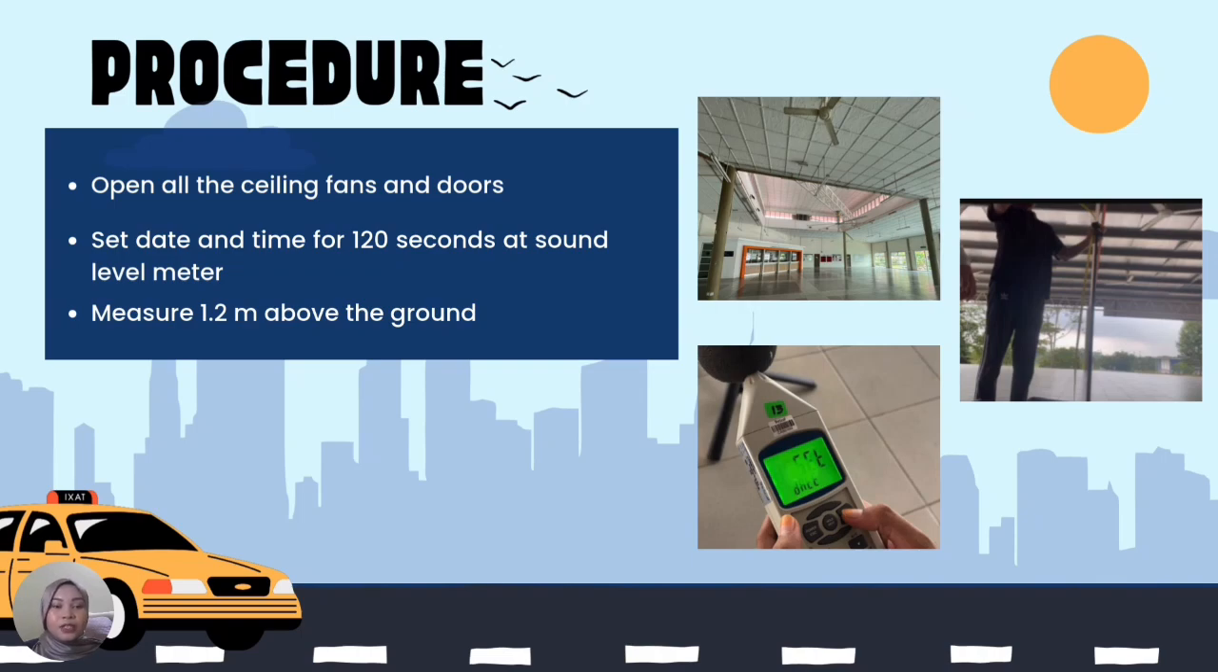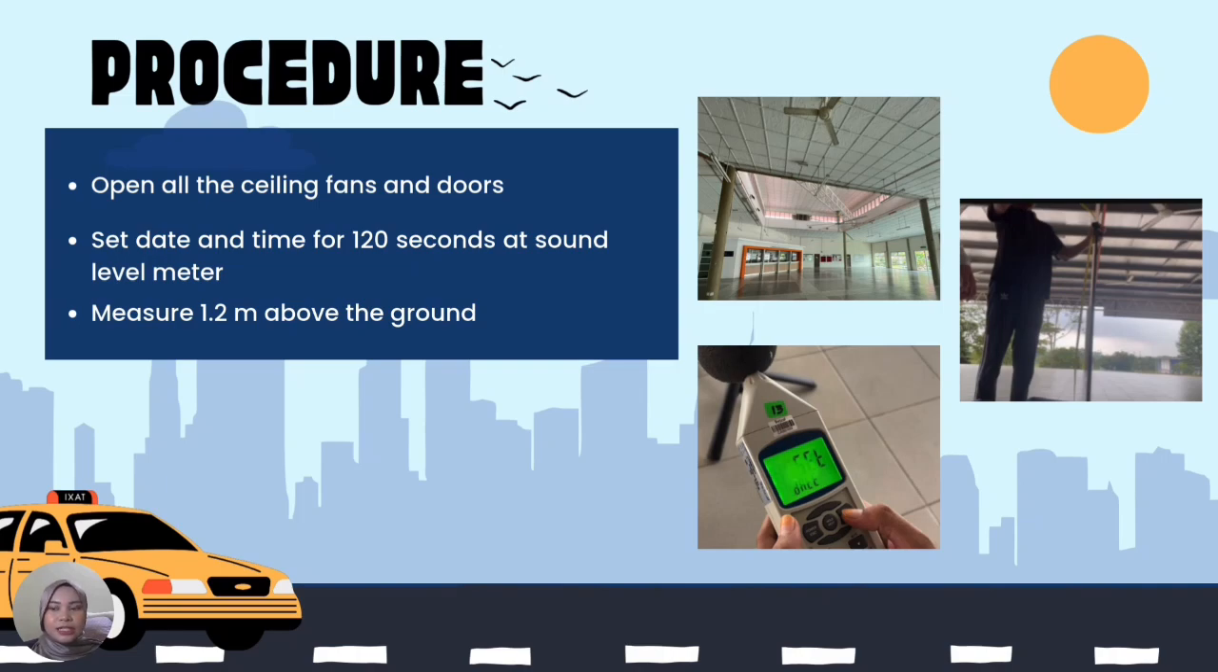So first thing first, what we need to do is open all the doors and ceiling fans, because we want to ensure natural ventilation and allow external noise to enter the space without obstruction. This helps simulate a real environmental noise condition for accurate measurement. This step allows outside sounds like traffic, construction, and human activity to naturally interact with the internal classroom environment. Second, we set the date and time for 100 seconds on the sound level meter, because we want to program the sound level meter to record the noise level for a specific duration,